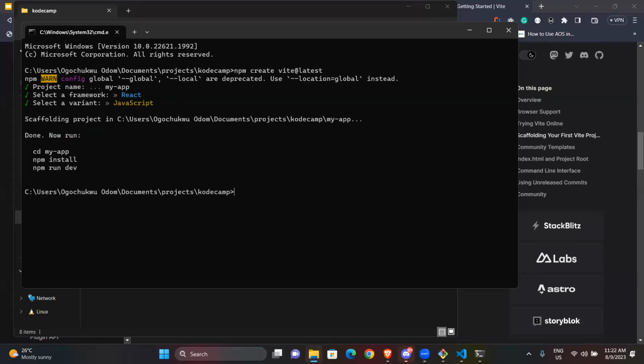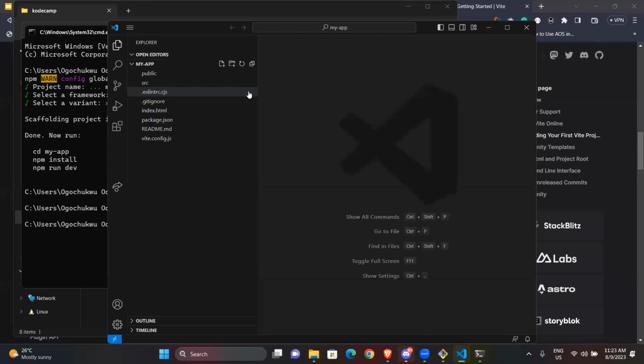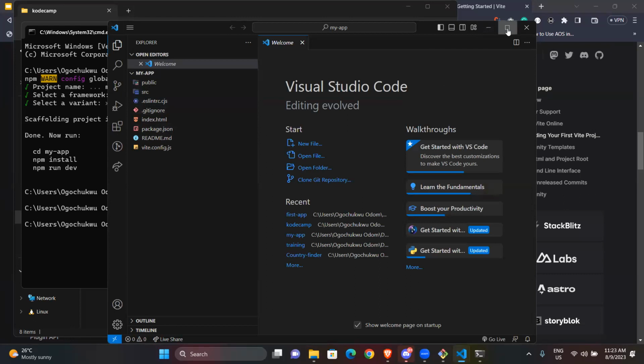So automatically, what this has done for you now is it has installed this and created this app for you. So my app, you have my app now. I can just CD. It gives you some other prompts. So CD to my app. I've CD'd to it. I've changed my directory. I'm inside it. I can do code and a dot, and press enter. Automatically, this will bring up VS Code for you, showing you the folders. Okay.